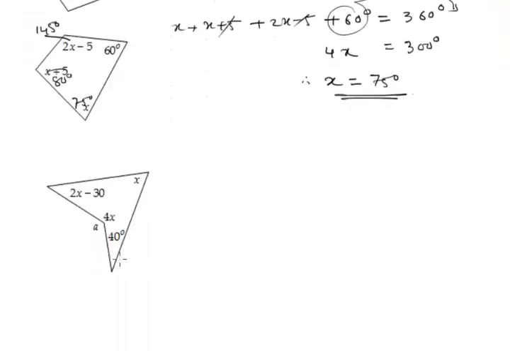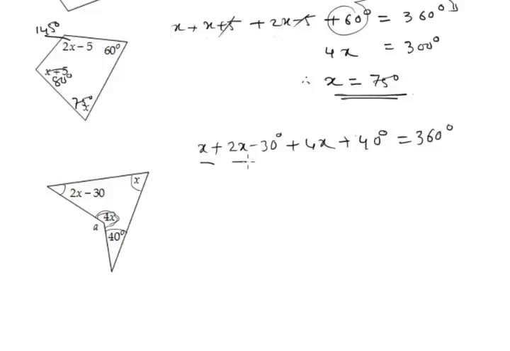Now here, this is a quadrilateral, with 1 arm, 2 arm, 3 arm and 4 arm. So we need to find the value of x as well as this A. So first, if we consider these internal 4 angles, here one of the angles is a reflex angle. You can see this is a reflex angle, but the sum of these 4 angles will be 360 degrees. So x plus twice x minus 30 degrees, then 4x, and then this 40 degrees, this is 30 degrees, 40 degrees will be 360 degrees.